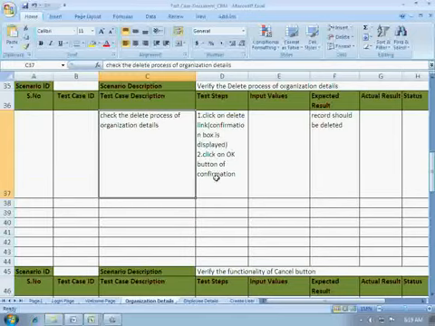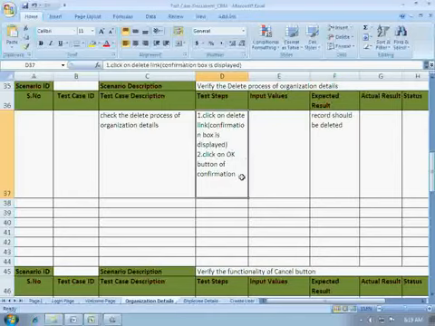So for that we click on the delete link, and as soon as we click on the delete link, a confirmation box will appear asking the user something like, do you really want to delete the record? If the user clicks OK, the record should be deleted.